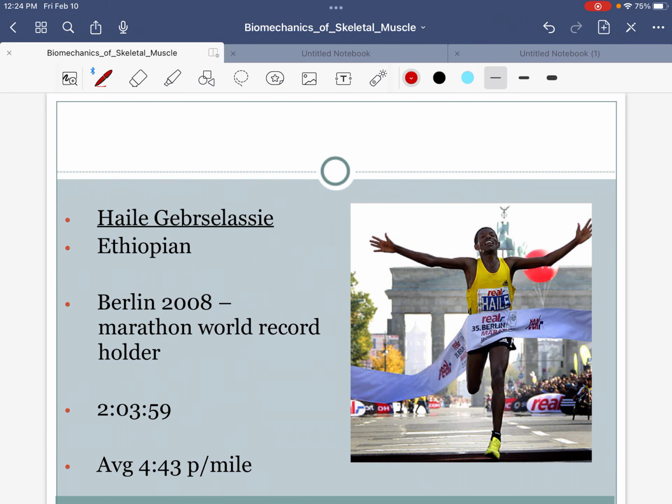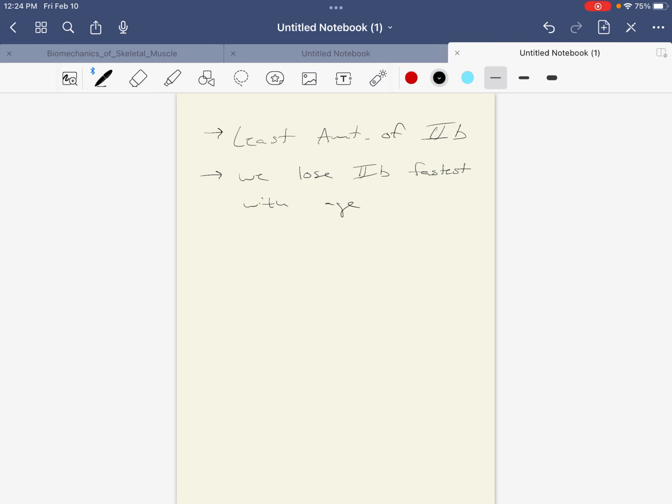On the other hand, a marathon runner is going to be utilizing more type 1 muscle fibers. Wouldn't the type 1 or slow twitch muscle fibers be more geared for a marathon? Slower to contract, but can stay contracted for longer. So I would like you to know that a marathon runner is going to be utilizing more type 1 muscle fibers versus a sprinter is going to be utilizing more type 2, particularly 2B.